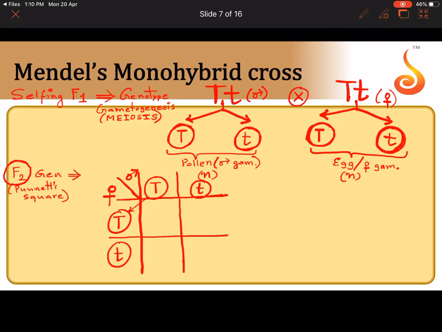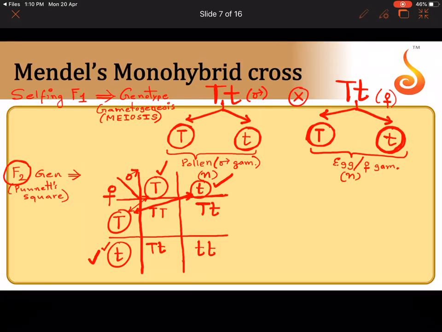So now let us see how it happens. When this pollen fertilizes with this egg, we have capital T, capital T. When this pollen fertilizes with this egg, we have capital T, small t. When this pollen fertilizes with this egg, we have capital T, small t. When this pollen fertilizes with this egg, we have small t, small t. So we have four genotypes of seeds. And when he grew the seeds, he saw that this plant capital T obviously will grow to become tall. This plant also, because of dominance, it will be tall, heterozygous tall. This will also be tall, but this plant, surprisingly, he saw that what had reappeared?